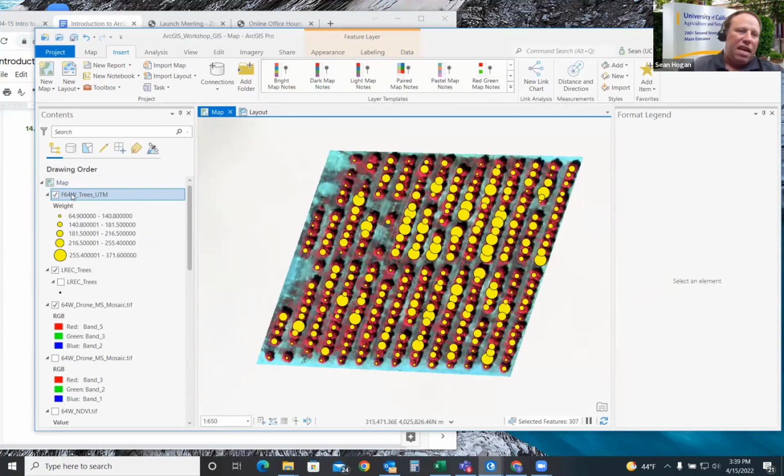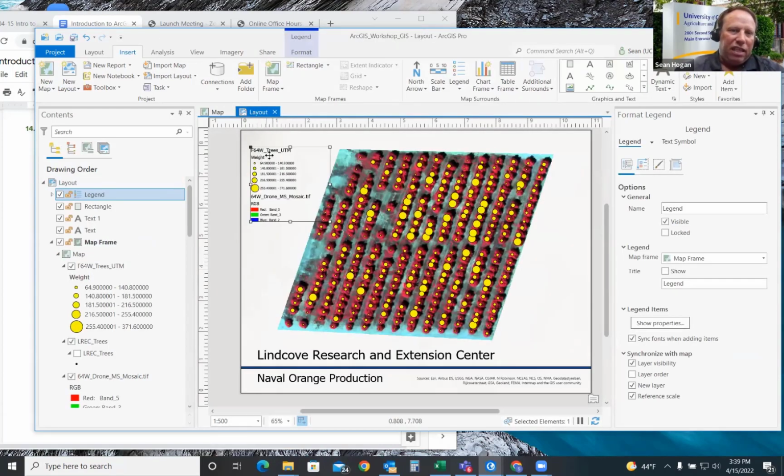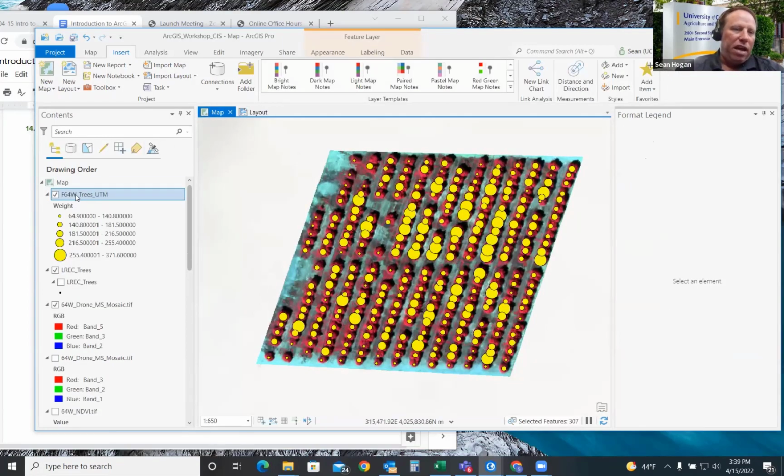And here, the name also, by the way, I'll just flick back and forth. You don't have to do it. You can see there's these underscores and so forth, and the name is not as descriptive as you might want. I'll come over here and just slowly one click and then two click, and then just give it a new name. We could say Orchard. I might have to start at the beginning. Orchard 64W West navel oranges.